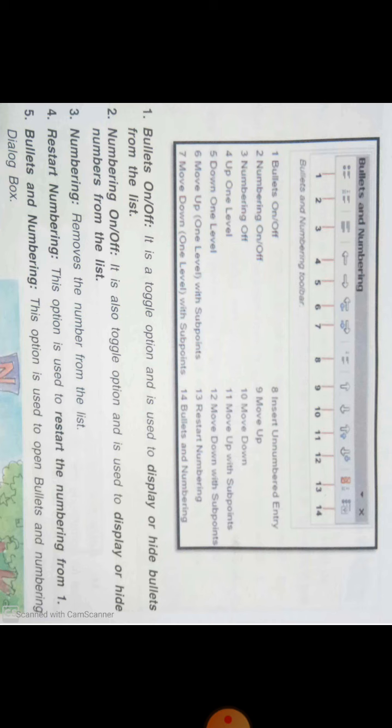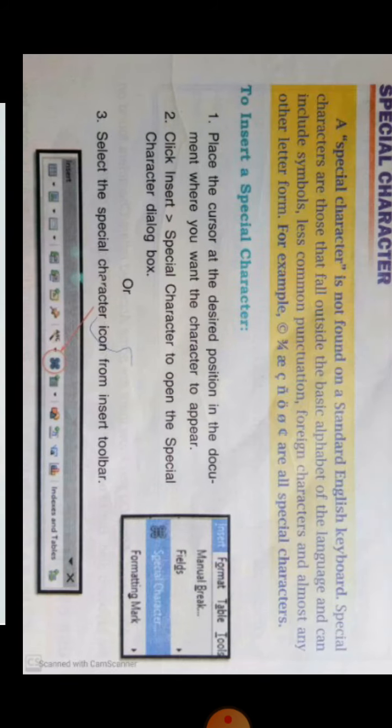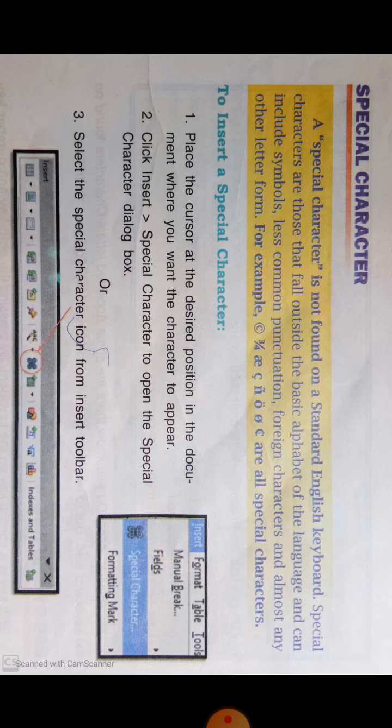Now, special characters. A special character is not found on a standard English keyboard. Special characters are those that fall outside the basic alphabet of the language and can include symbols, less common punctuation, foreign characters, and almost any other letter form.